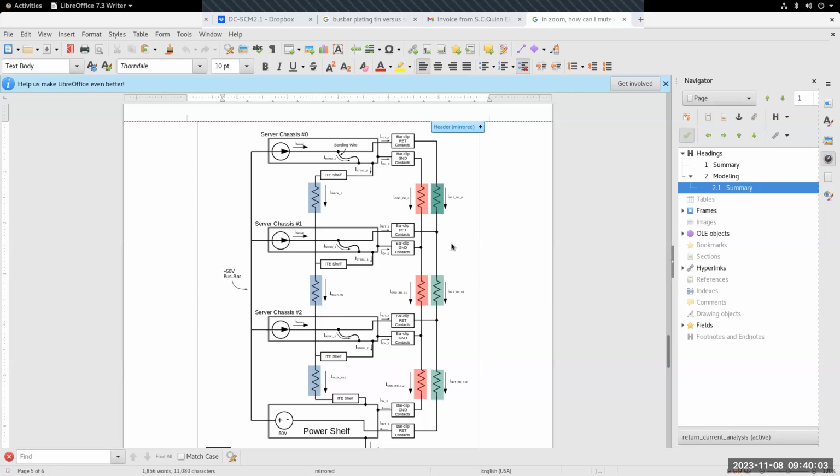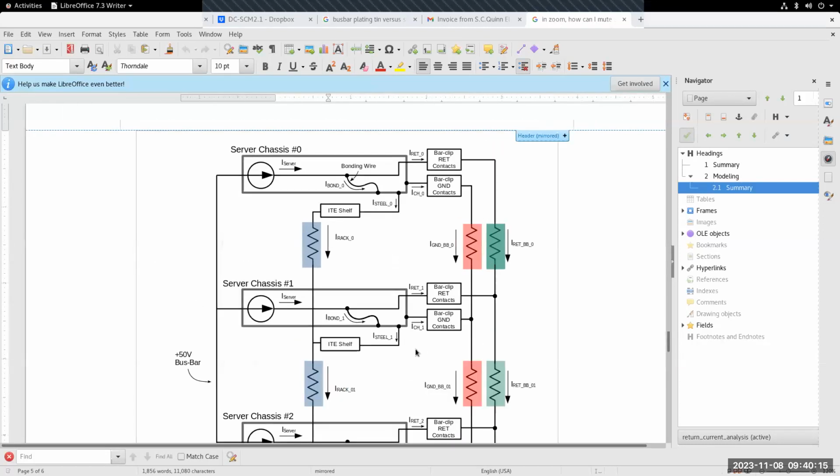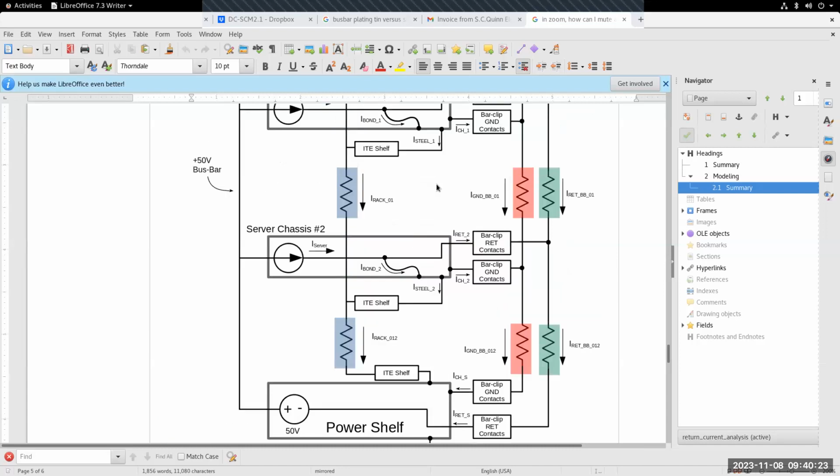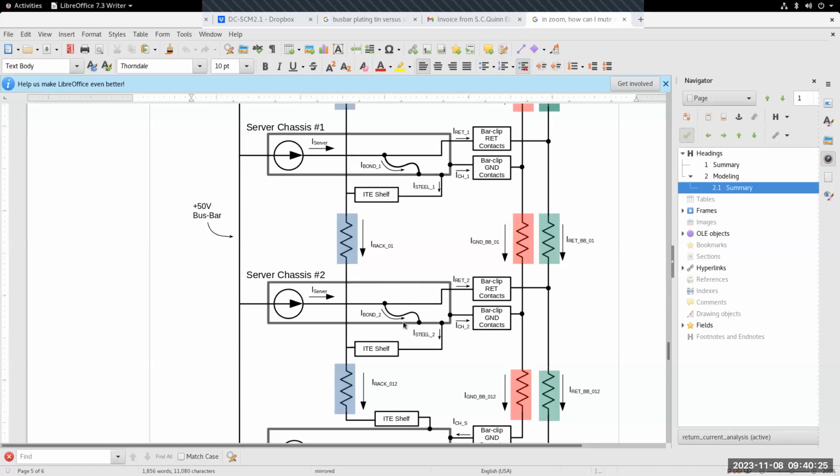When I was out at the OCP Summit and I went around to the different booths, I said, hey, is anybody looking at this? Because this seems like it could be a problem. If we have a place in the rack where current forms a nexus, like I've postulated it might happen here, or through this bonding wire, if there's a huge amount of current coming down through the rack, that's going to maybe cause some problems.